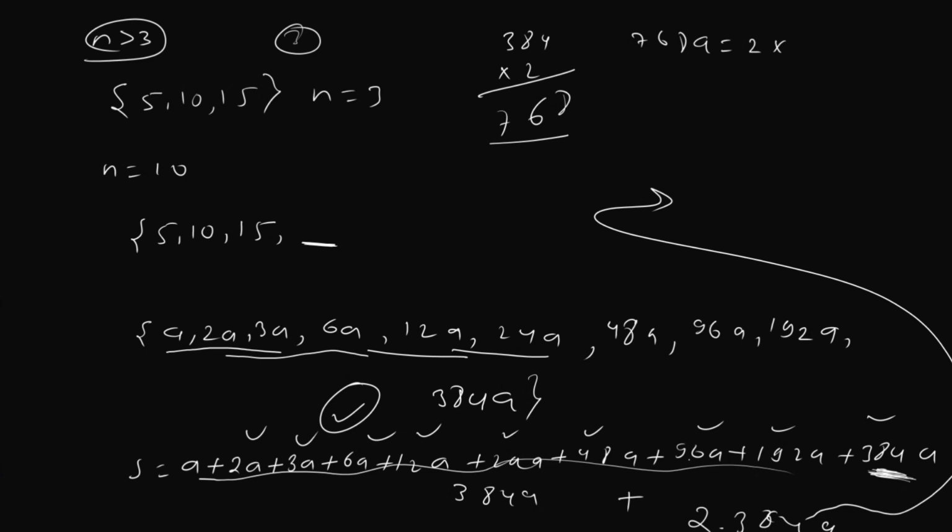So 768 would have 2 times 384, which will be 2 into 2 into what was it? 192. So 2 times 2 times, here for this, then for this, then for this, then for this, then for this,